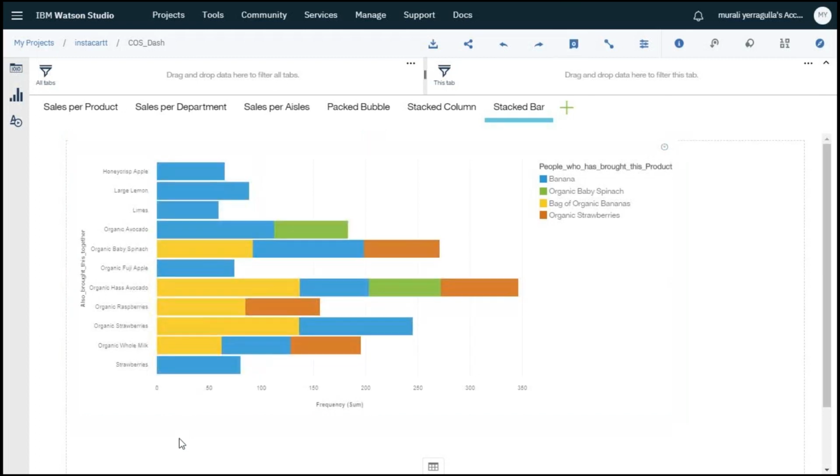So like this, we can build a beautiful dashboard using the IBM Cognos Dashboard Embedded Service of IBM Cloud integrated into the IBM Watson Studio. Knowing all these patterns helps the retailers in taking necessary actions like organizing and placing the associated products next to each other inside the store, and also to provide combo offers based upon the products that were brought frequently. That helps in maintaining the inventory and increases their business growth in all the aspects.